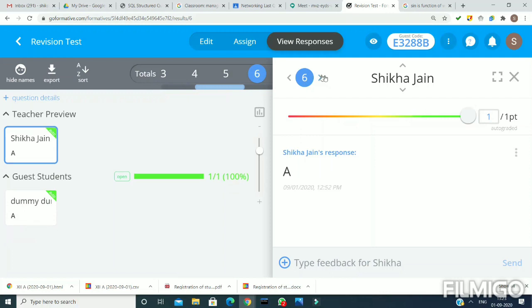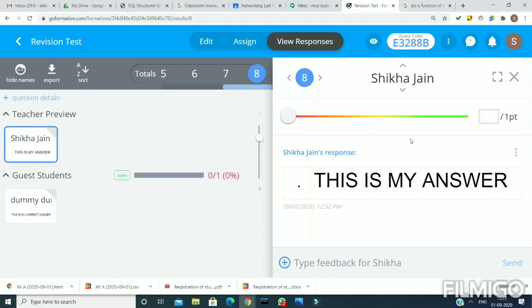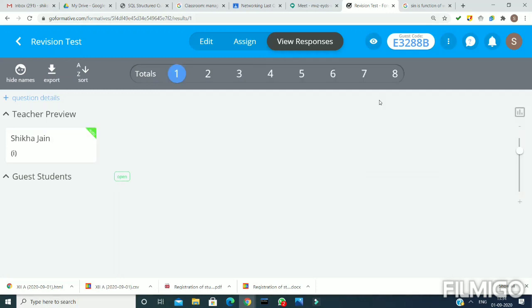Question number 6, it is 1, and question number 7, it's 1, and question number 8 again was show your answer. So the teacher will see the answer and then give the marks. So after seeing, the teacher finds the answer is correct and is assigning the 1 mark. So this is the way you can assign the marks. So I have checked the whole test. Please remember the questions for which you have given the option show your work, you have to check manually, as you cannot assume in advance what the student will write. So those questions you have to check manually, and then the score will be released to the students instantly.